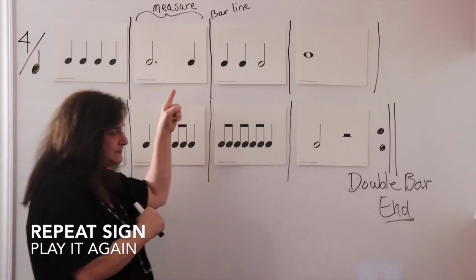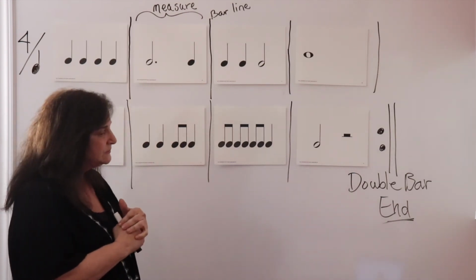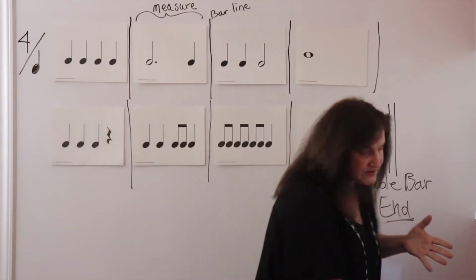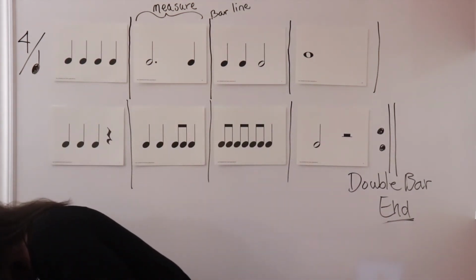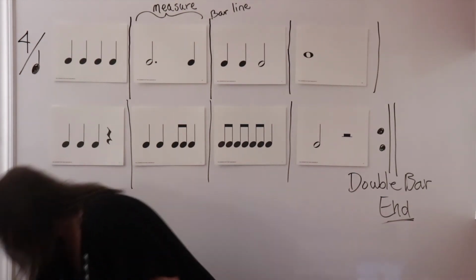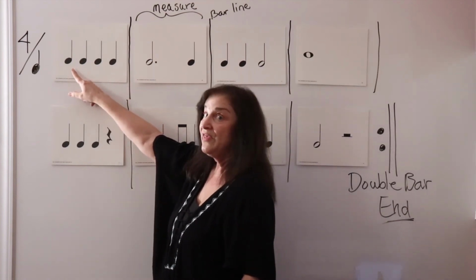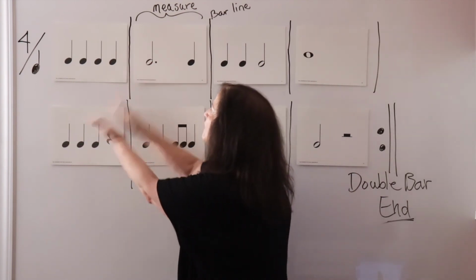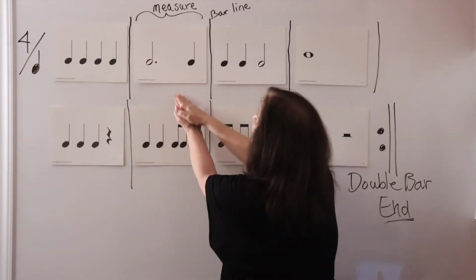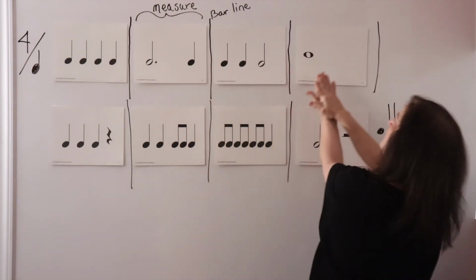So bar line, double bar, repeat sign, measures or bars. If I were to clap this, I'll put my metronome on, my steady beat, on 72, and I would clap this, and I'll count 4 beats per every measure. 1, 2, 3, 4, 1, hold 2, hold 3, 4, 1, 2, 3, hold 4, 1, hold 2, hold